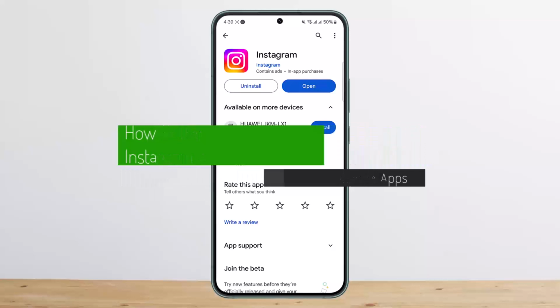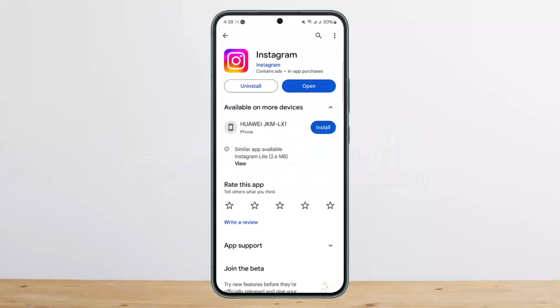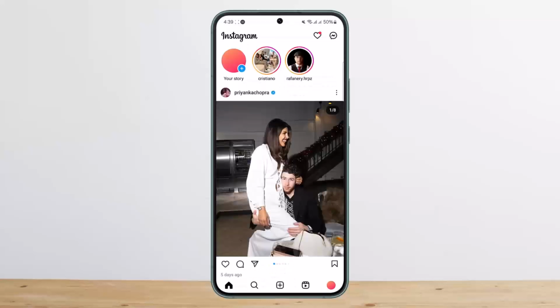This is me Bipin Bisnet, and today I'll guide you on how you can delete your Instagram account permanently. Now to do so, first you want to make sure that your Instagram application is updated to the latest version. Once you do so, you want to open up your Instagram and make sure you're logged into your account that